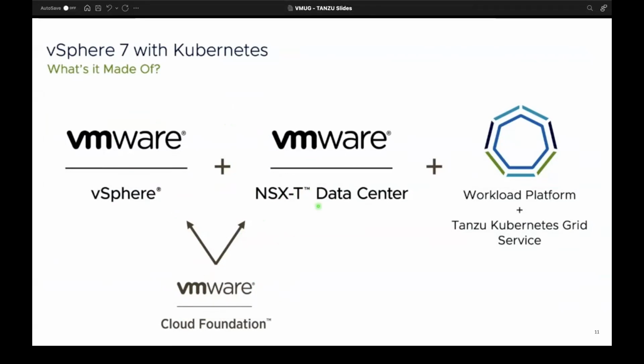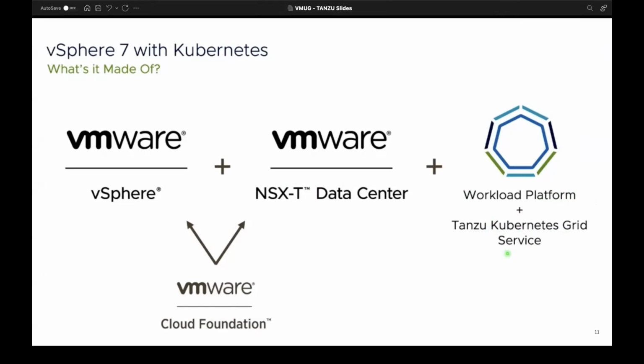So vSphere 7 provides this capability where you can run Tanzu basic version, and when you run it, it gets integrated with the workload platform, that is the controllers and the TKG service that gives you the cluster API style functionality to run your Kubernetes workloads.